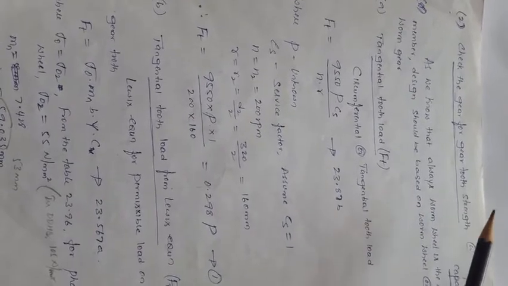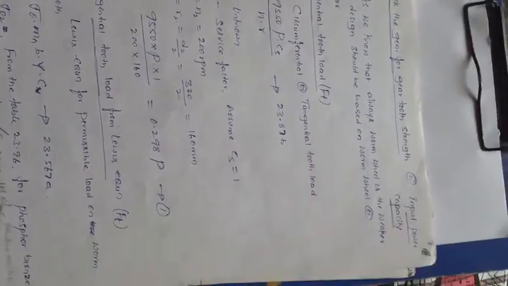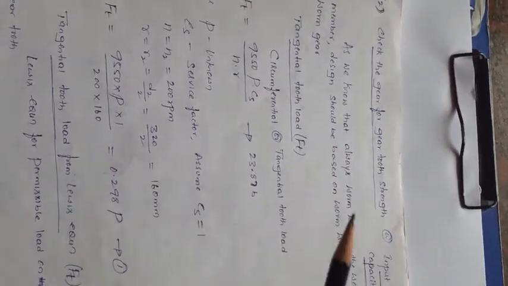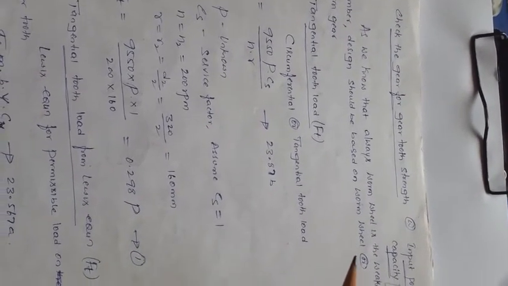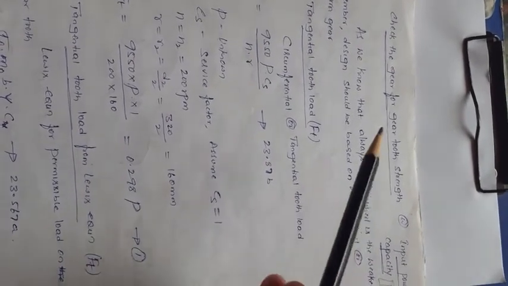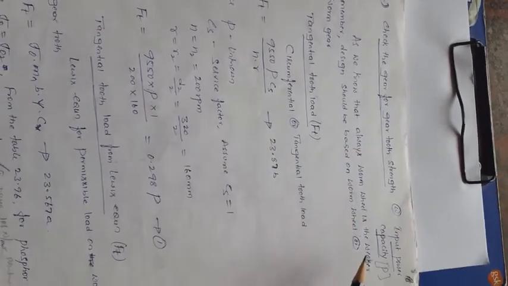Now once you calculate the dimensions of worm and worm gear, what is the second step? Check for gear strength. In that you will get the input power capacity, that is, the power capacity P, right? Now, as we know, to find the weaker member: the worm is made of case hardened steel, and the worm gear or worm wheel is made of phosphor bronze. Phosphor bronze has lesser strength than the hardened steel, that's why the worm wheel is the weaker member, right?